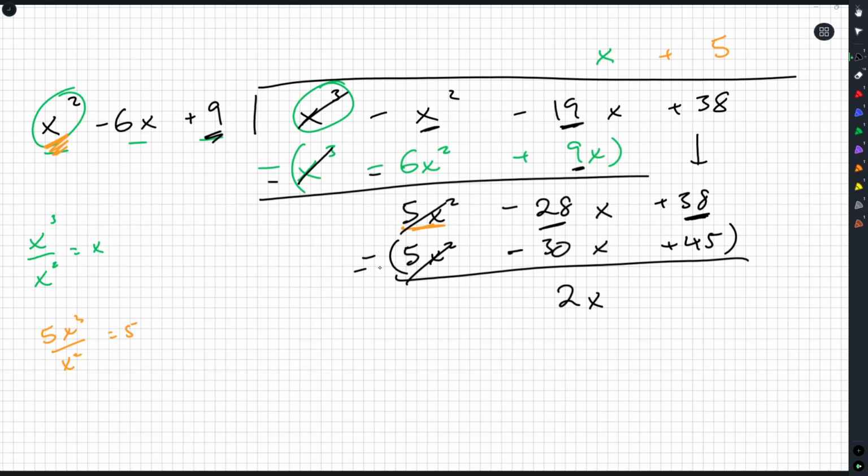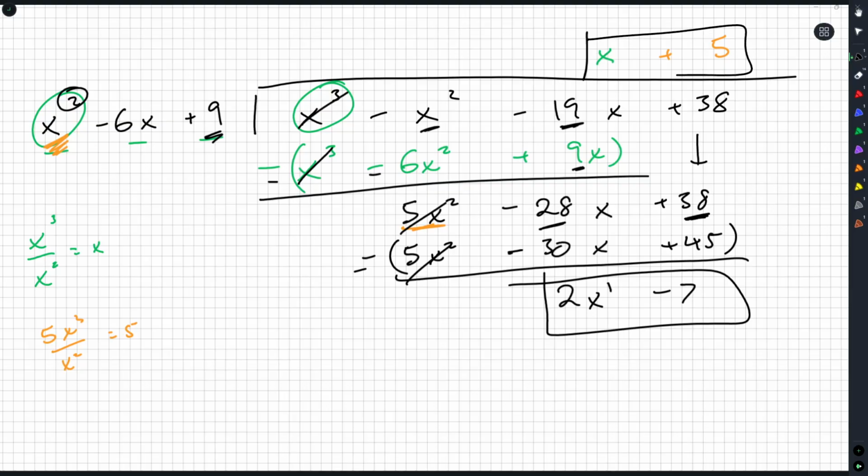And then 38 minus the 45 should give us a minus 7. The degree here is less than the degree of our divisor, or the denominator of the fraction, so we know to stop. This is the remainder polynomial. This is the quotient polynomial. And so when it comes to doing the integration,